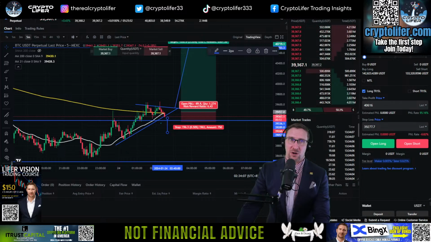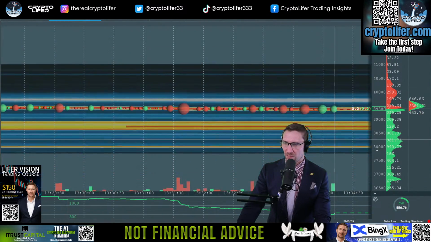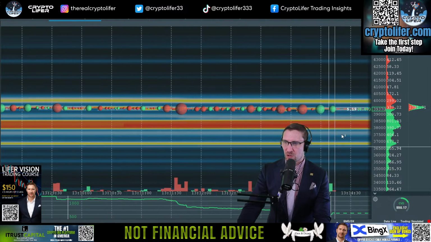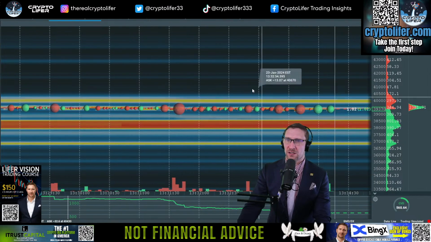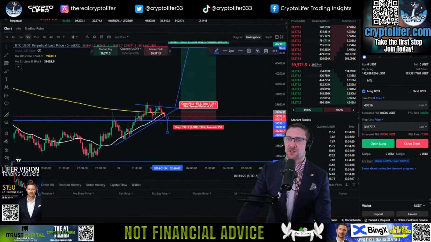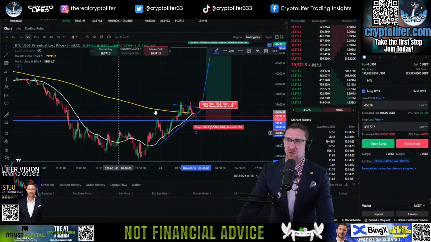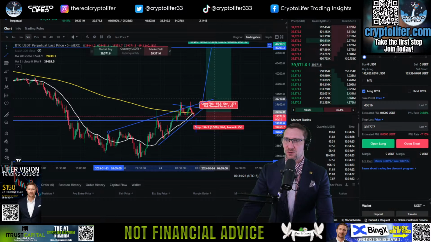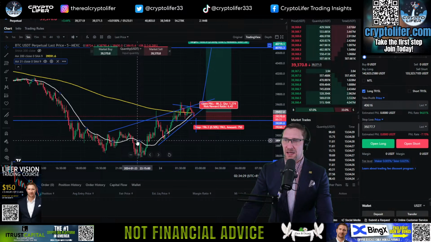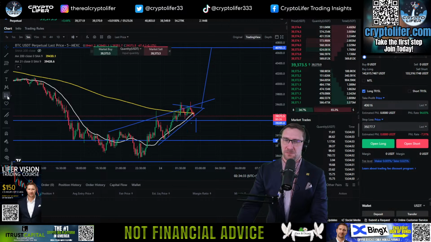At the end of the day, if we are using Bookmap correctly, it's telling us that we're going lower. So we're looking for short entries because there's so much more liquidity below us to help fill our bags. It's going to be so much easier to short the market than to long. And this can be a rising wedge that's breaking to the downside like we were showing you, so expect it to move back down to 39.8. So we can kind of flip now.